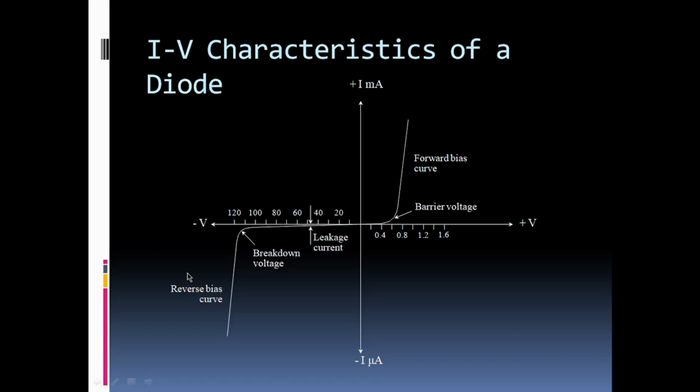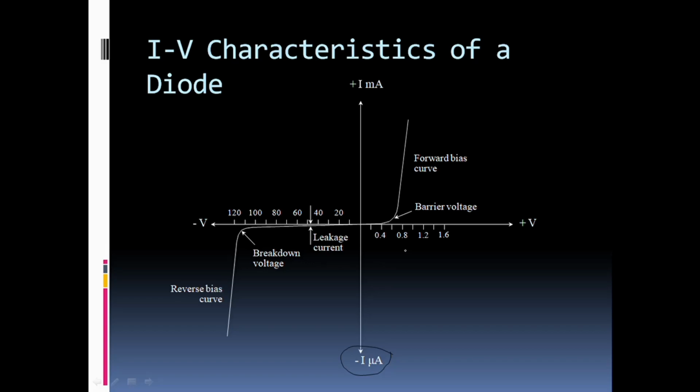And also you can see in the reverse bias curve, the scale here is actually in microampere. Even if we have marked the reverse bias current in the microampere scale, we have a very small current, which means we can neglect this current in comparison with the forward bias current. Therefore we consider here, under reverse bias condition, the diode does not conduct.